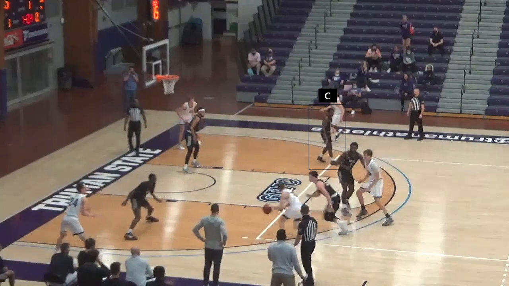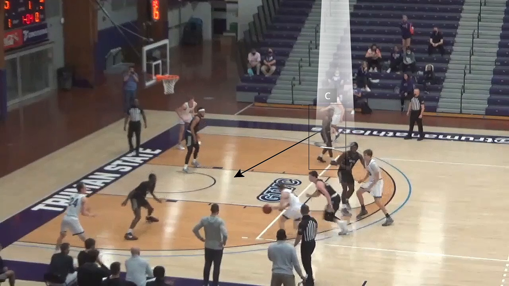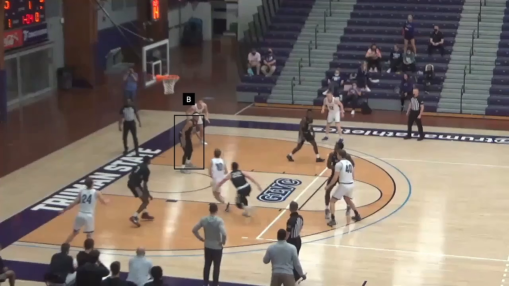Player C isn't a great option either because he might not even be able to get all the way over into help before the ball handler goes to score, and even if he gets there, he's going to be leaving his man wide open for an easy kick out. And that leaves player B as the man who needs to step up and help or be the rim protector